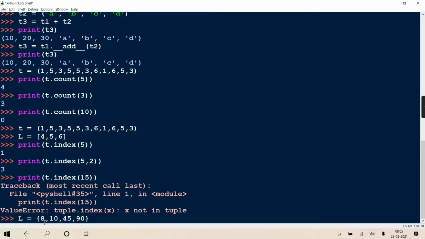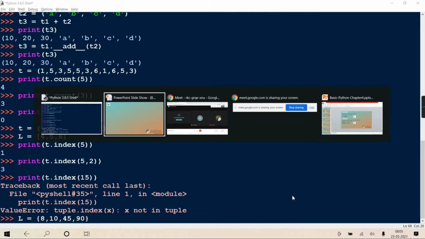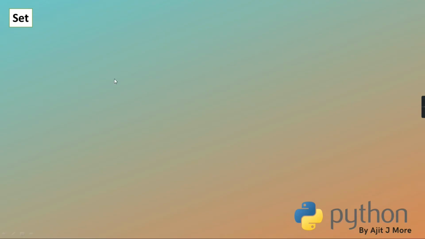It resembles a mathematical set, and as it resembles a mathematical set, the same operations which you do on a mathematical set, Python set also provides: union of two sets, intersection of two sets, subtraction, symmetric difference, like difference A minus B. I'm sure you all remember the set operations.